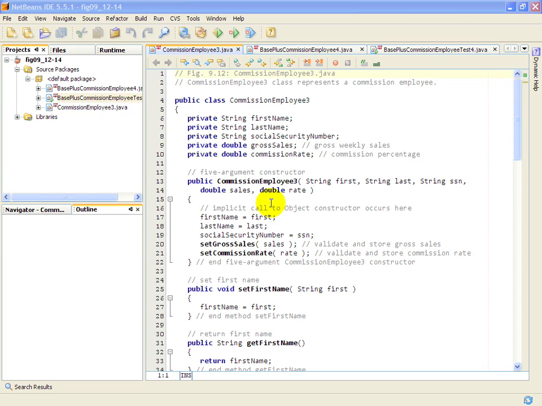Figures 9.12 through 9.14, CommissionEmployee3.java, BasePlusCommissionEmployee4.java, and BasePlusCommissionEmployeeTest4.java. In this last version of the CommissionEmployee and BasePlusCommissionEmployee hierarchy, we are aiming for the best possible software engineering, which also has other side effects such as making your code easier to debug, modify, and maintain as well. And we'd like to focus on all of those concepts as we look at this last version